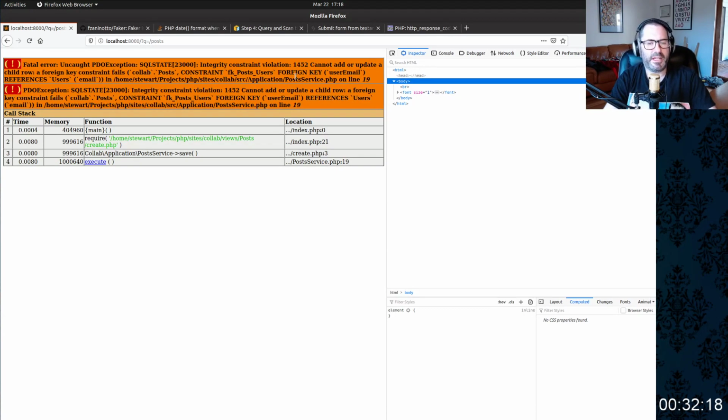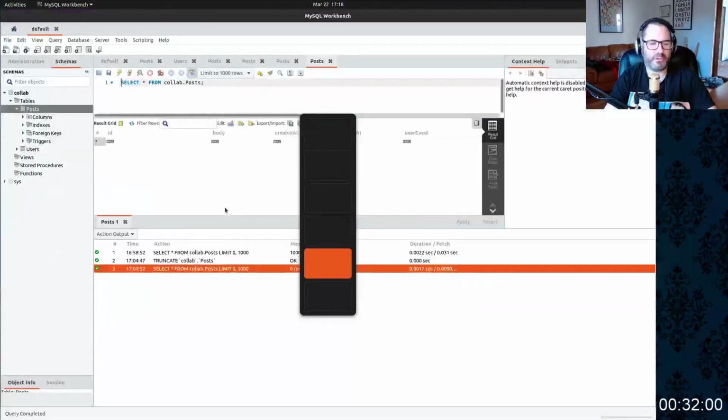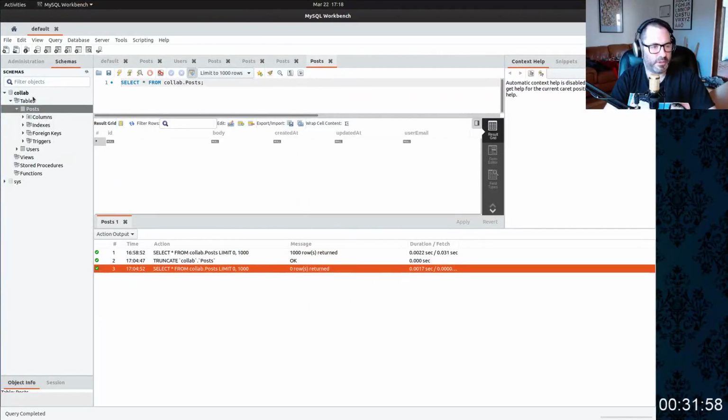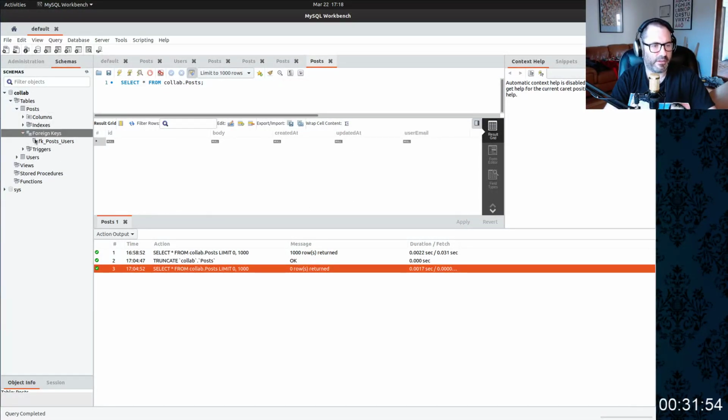So it's complaining at us and saying, hey, you have an integrity constraint violation, cannot add a child row, foreign key constraint fails, collab posts, so that's the table we're writing to. And it's complaining that there's no user email. So why is it doing that? Well, the reason it's doing that is if we go down into MySQL Workbench and we look at the foreign keys of this table,